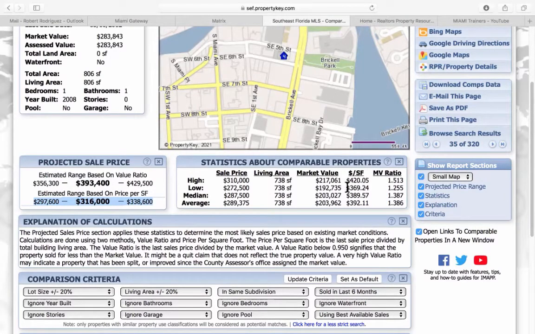You have a low price per square foot of 369. Multiply 369 times 806 and you get $297,000. Multiply the high of 420 times the 806, you get a high of $429,500. And then you get the average price per square foot of $392.11. When you multiply it times the subject property square footage of 806, you get an average of $316,000. So that is your true market analysis on iMapp, with a low of 297, a high of 338, and an average of